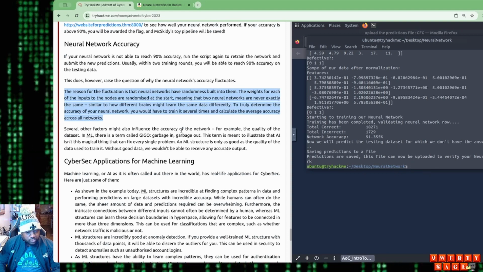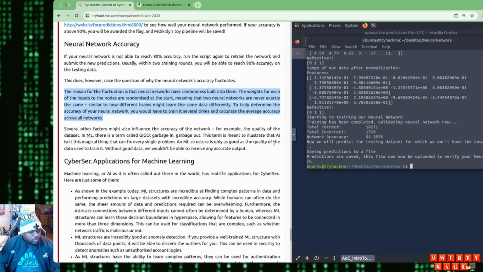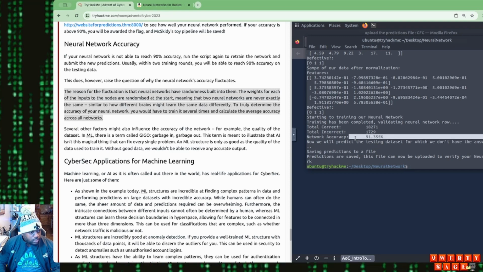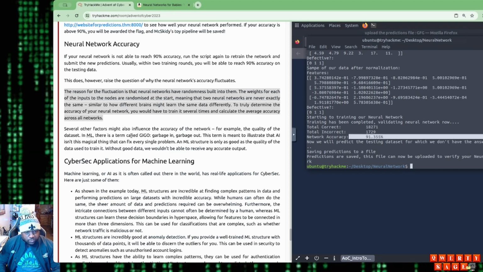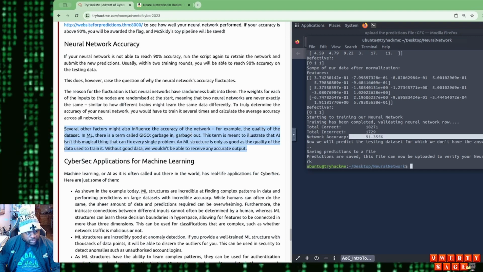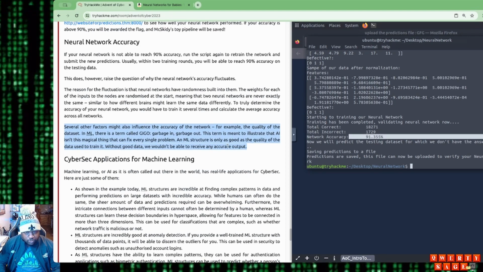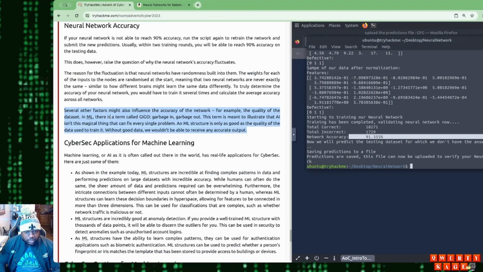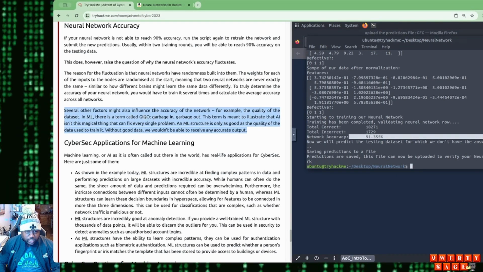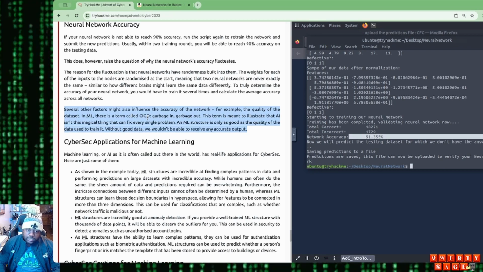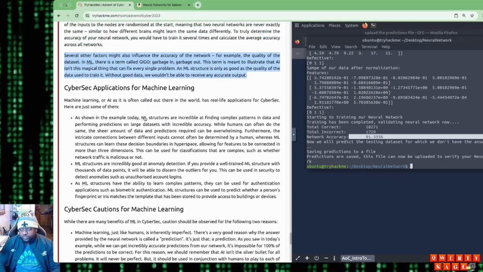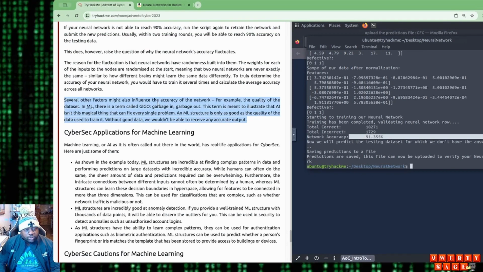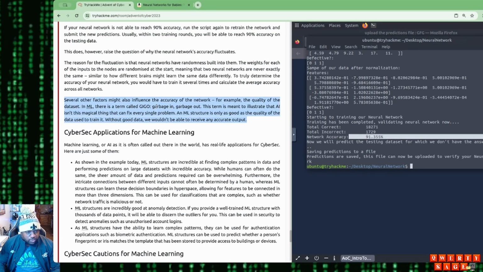Several factors. Oh, look at that. We got over 90%. Several factors might also influence the accuracy of the network, like the quality of the data sets. In machine learning, there's a term called GIGO. That's not just machine learning. Garbage in, garbage out. If you have garbage data, you're gonna